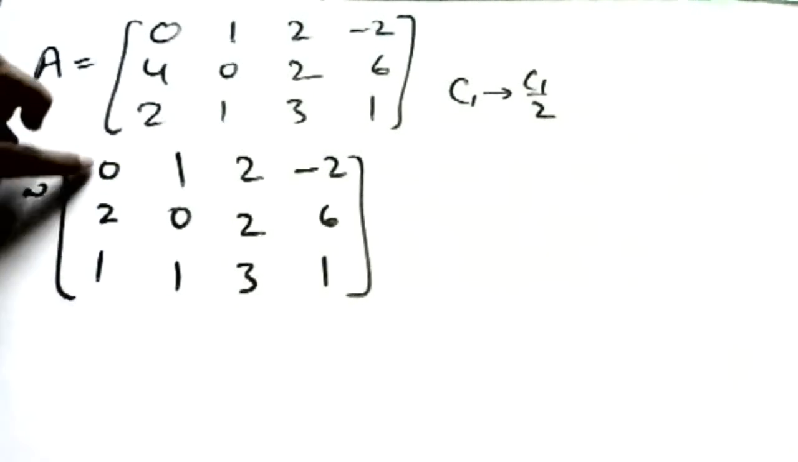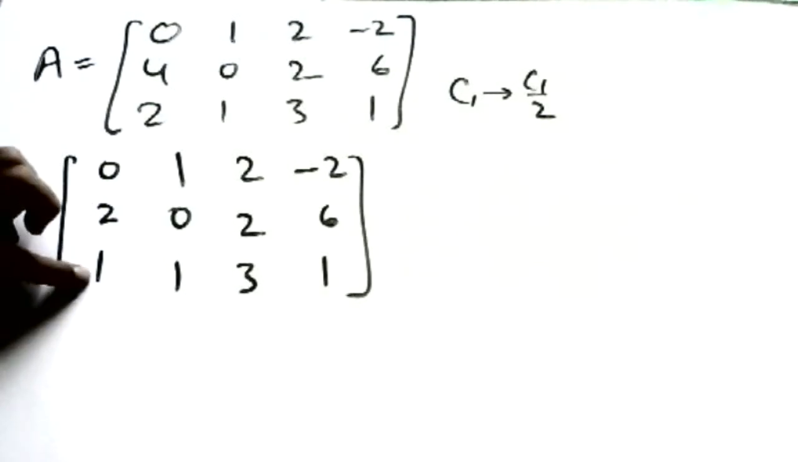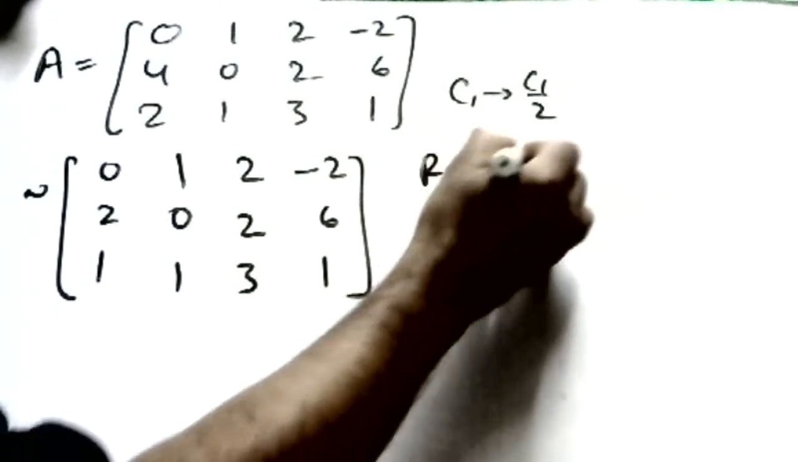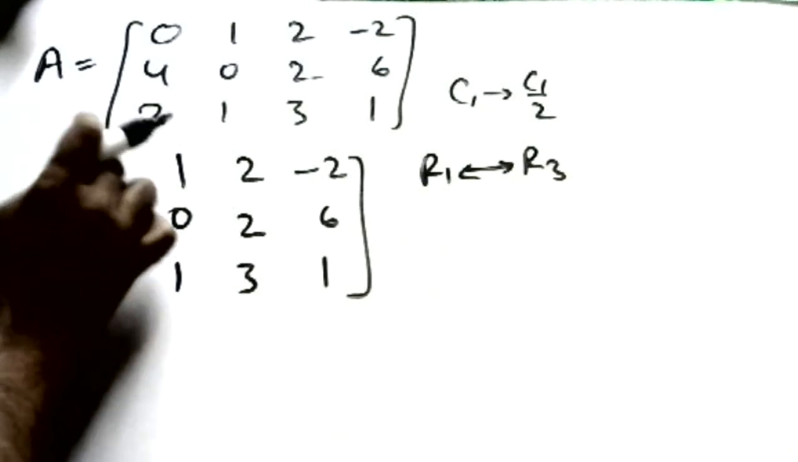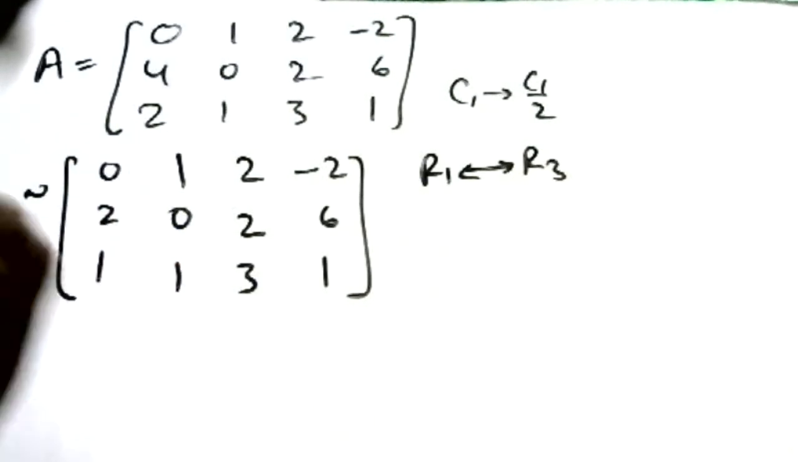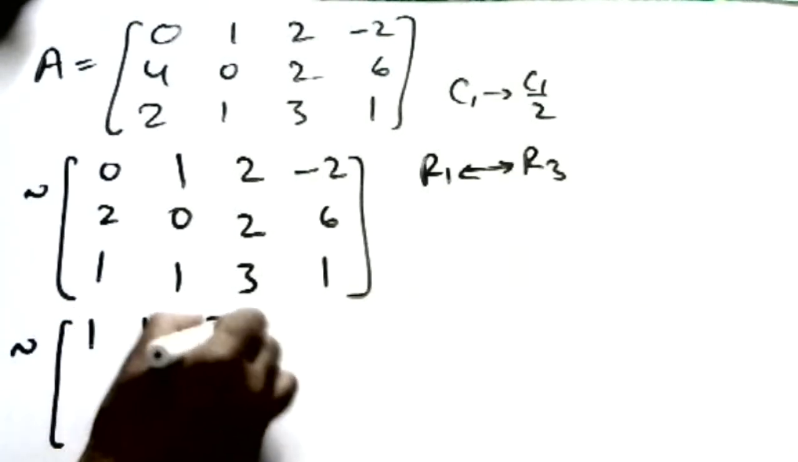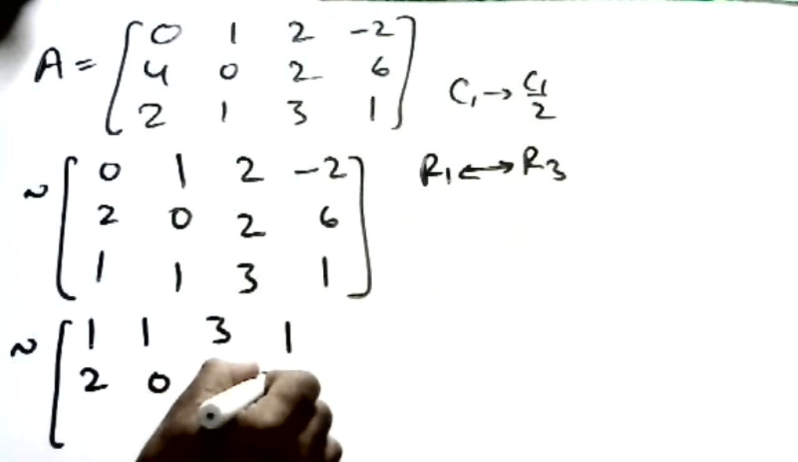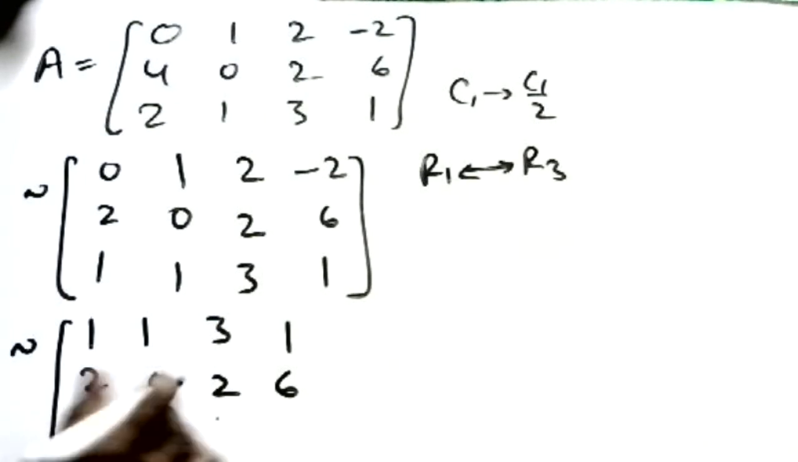We should not have 0 here. So let me interchange R1 and R3. We have to write it like this: R1 implies R3. That means we are writing R3 in place of R1 and R1 in place of R3. So we are changing here 1 1 3 1 2 0 2 6 2 0 2 6, and here also